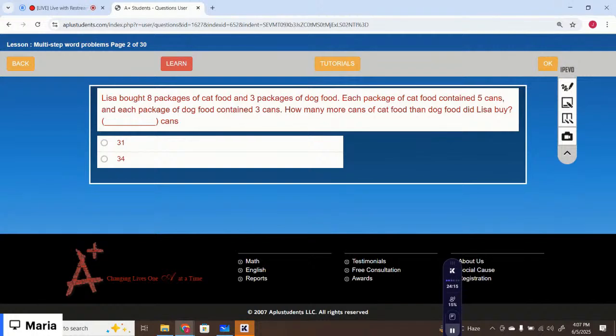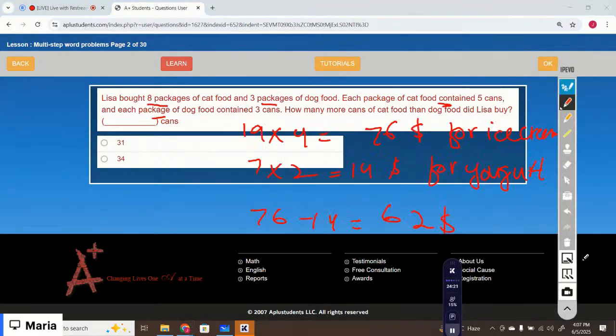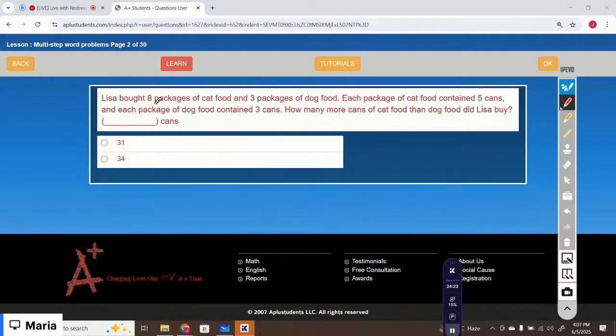How many more cans of cat food than dog food did Lisa buy? So 8 packages of cat food. Each package of cat food contained 5 cans, so 8 times 5 is